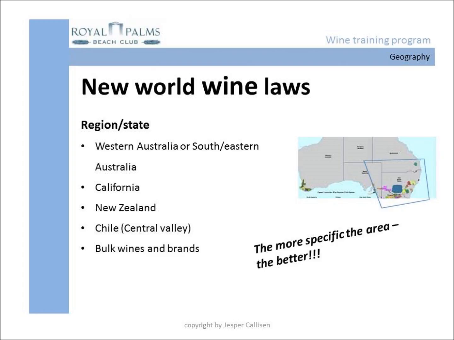As you can see on the map, it is a huge area. In fact, the landmass of Southeast Australia covers around half of Europe. California is about as big as France, and so on. Because the geographical denominations are so big, this gives enormous chance for producers to make brands which always taste the same and are of a decent quality.